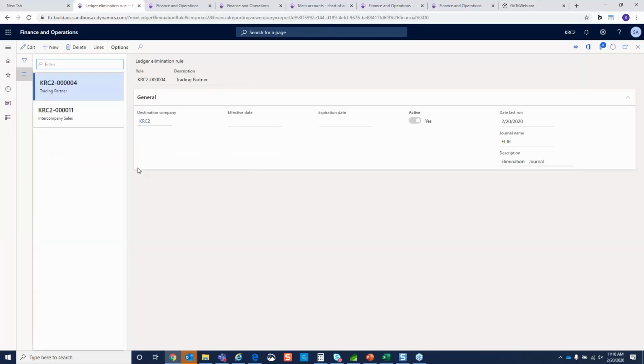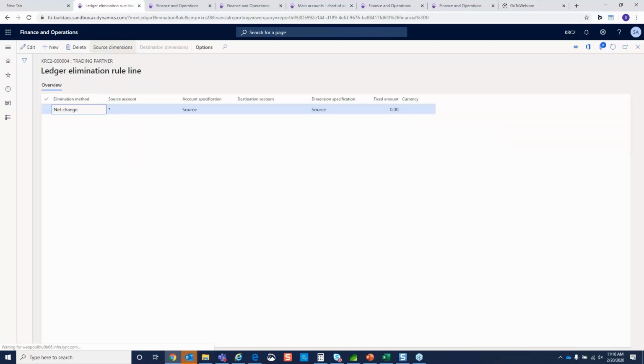Now, normally there are two popular rules that people use. One is you can say trading partner. So you can use any dimensions to track all your intercompany transactions and use that dimension to bring all the intercompany transactions. So for example, if I go to lines, what I'm doing here is I'm bringing all accounts, and